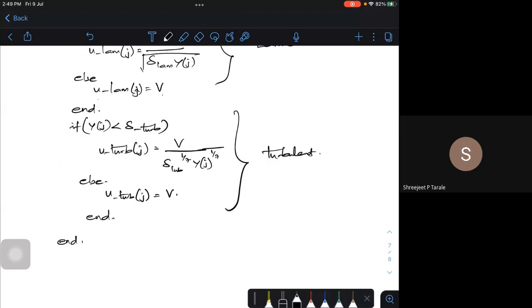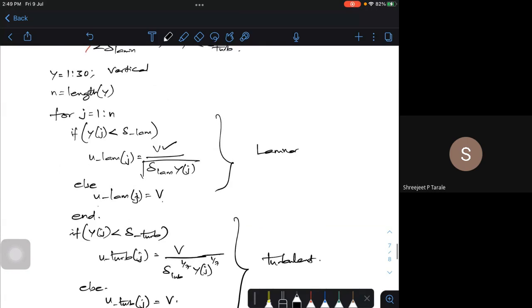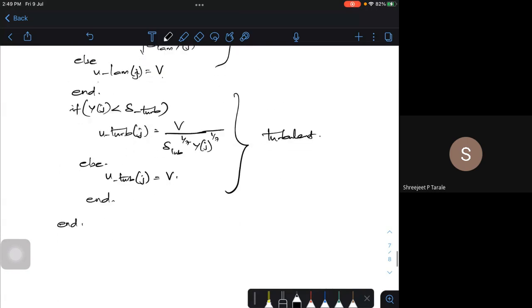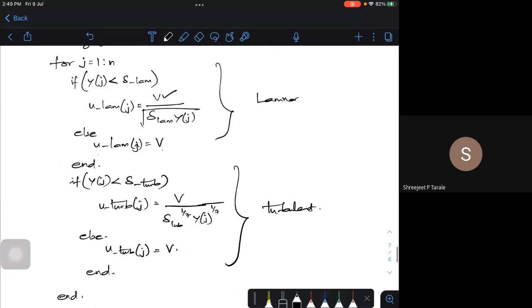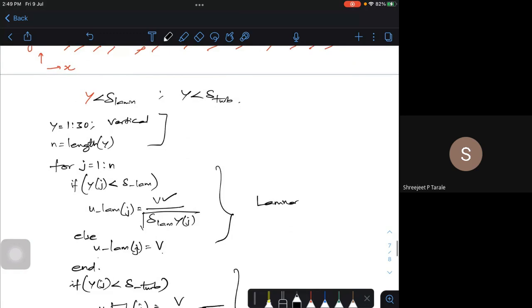I need to calculate for both the conditions. I'm using one particular formula, that's it. Whatever profile formula you want to use, you can calculate with that formula. The only thing is, to get your velocity profiles I need to put it in a for loop and divide it. This is the matrix or the number of points, either 130 or 40, whatever it may be. The more numbers, the finer it will be.